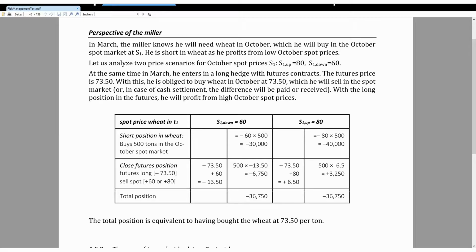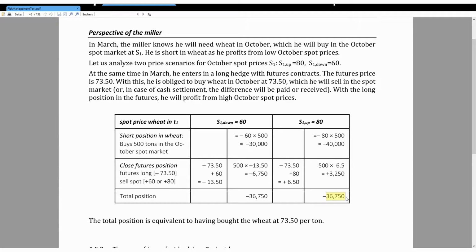Now let's look at the perspective of the miller. The miller knows he will need wheat in October. He is in a short position with regard to wheat, and he would hope for low prices. If that happens with a low price, he will buy for 30,000. If the price is high, he will buy the 500 tons for 40,000. So he goes into a long position in the future to protect himself from increasing prices. If the prices increase, he will make some money on the futures position. So his overall cost is